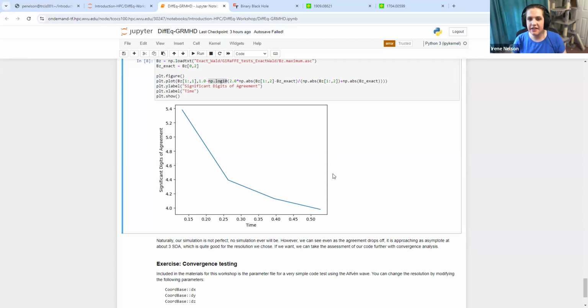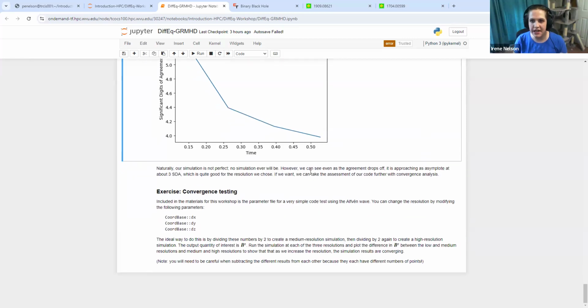So if we wanted to take this analysis further of verifying that things match, we can do what we call convergence testing, which is where we run a simulation at several different resolutions, and we can show